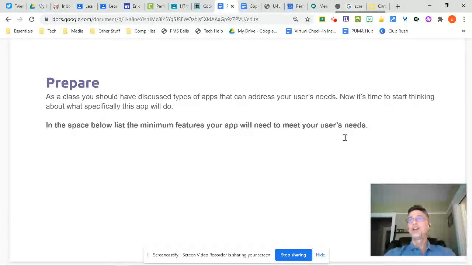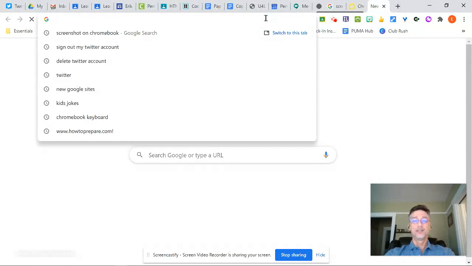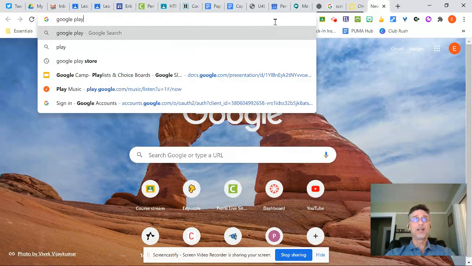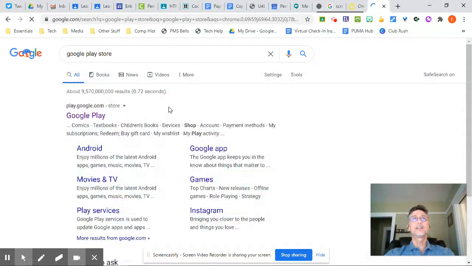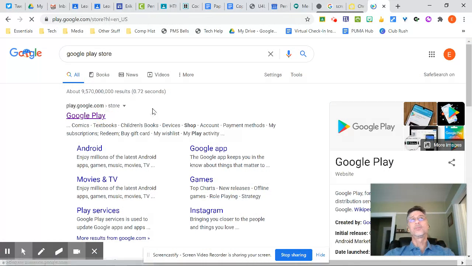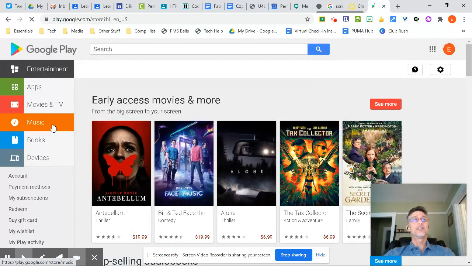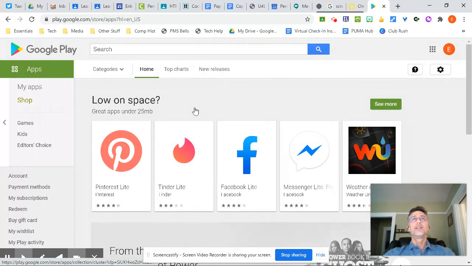Now, if you want, go to Google Play Store, okay? The option is here to go to Google Play Store and look at some apps. Look at all the, as a matter of fact, let's just go there now. Google Play. Okay, let's start looking around Google Play. Now you can see that there are, if I go to the apps, that there are,